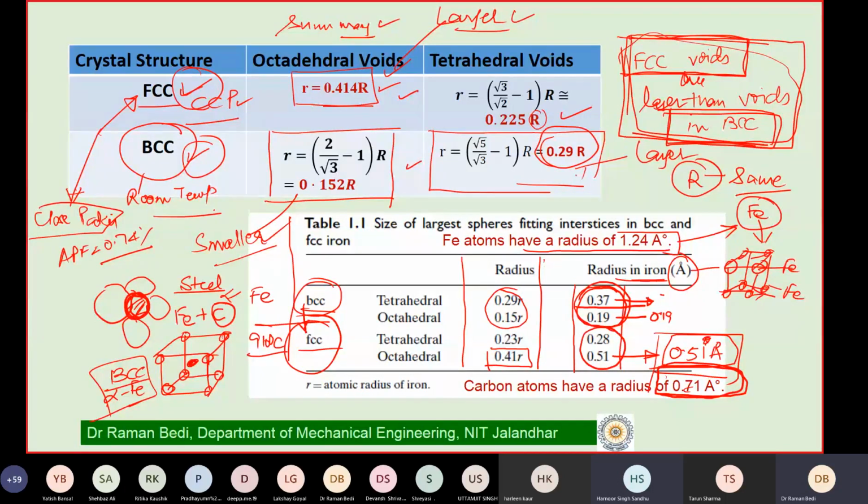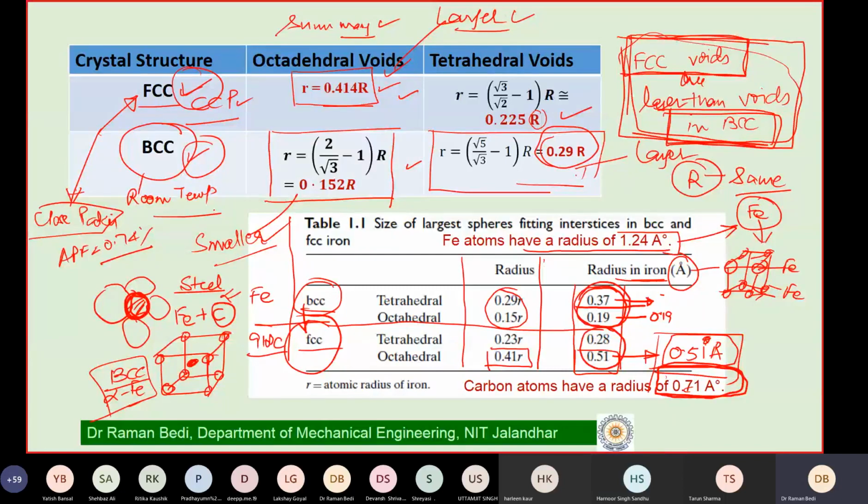Now which voids are larger? Sir, here the octahedral voids are larger, 0.51. So what will now happen to the carbon? The carbon which was there in the tetrahedral interstitials when it was BCC at room temperature will now shift to octahedral voids, and these voids are larger. Is it right? So there will be less lattice strain. It means the probability of filling up these voids is larger now, and that is why the solubility of carbon in iron increases when you increase the temperature.